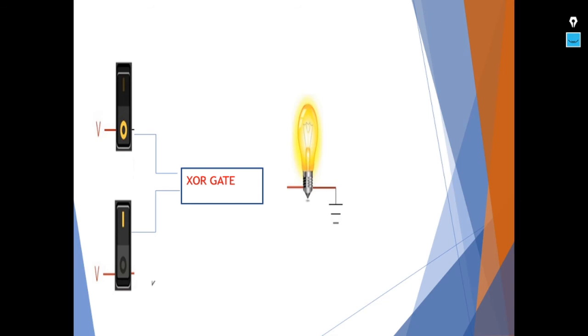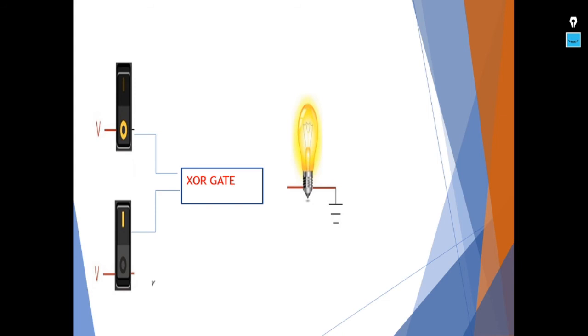The XOR gate can be explained using a two-sided switch. In a room, the light switch is present at the door and the bedside. When you enter the room, you switch on the light using the door side switch. When you are going to sleep, you can use the switch near the bedside to turn it off. That is, at this time both the switches are in on mode, but the light is off.